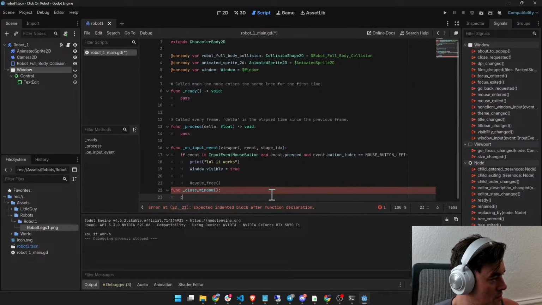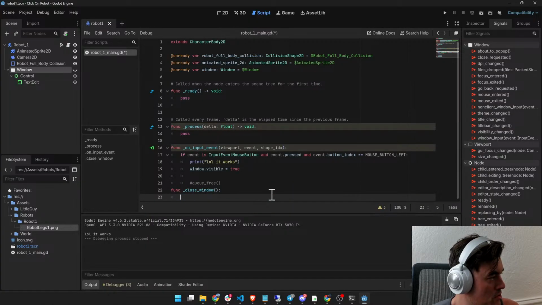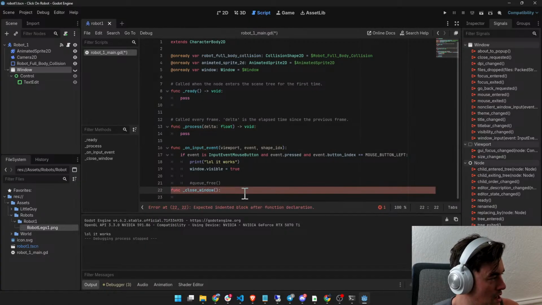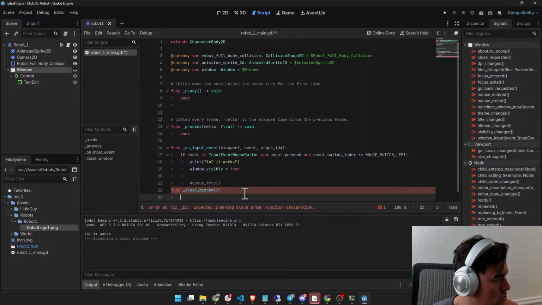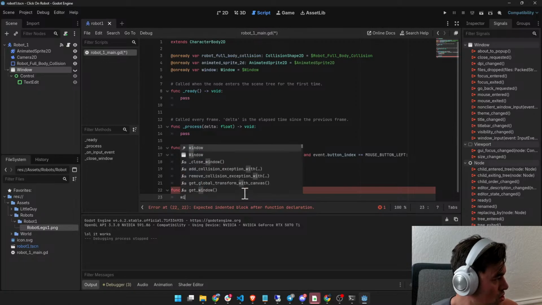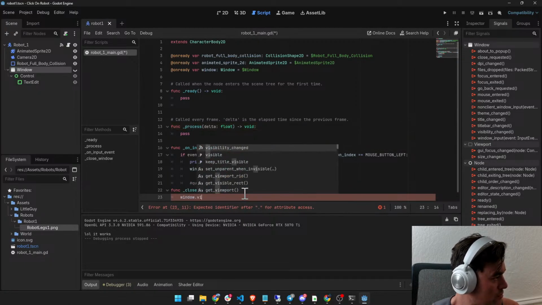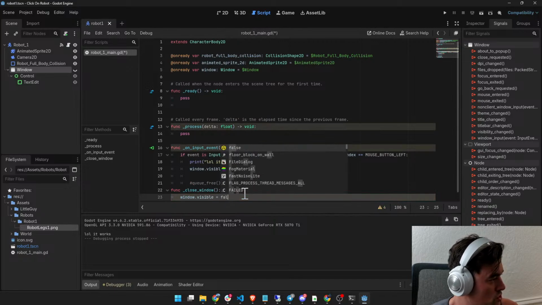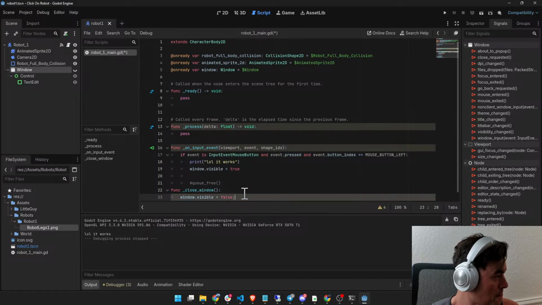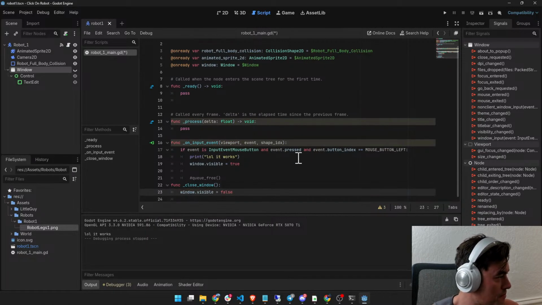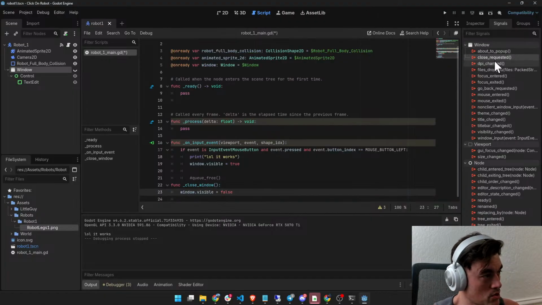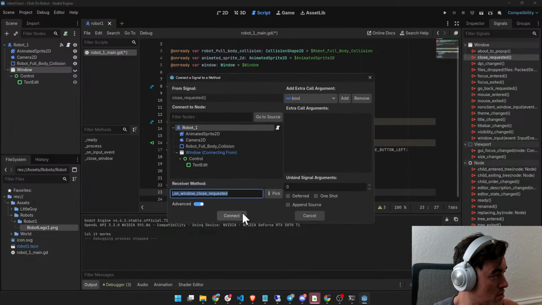And I don't think I get to define, oh, maybe I do. Okay, I'm guessing that this is a private function. I think this means something different in JavaScript than it does in Godot script or Python. But let's just make window.visible equal to false. Nope, don't have to do that. And then when close is requested, then